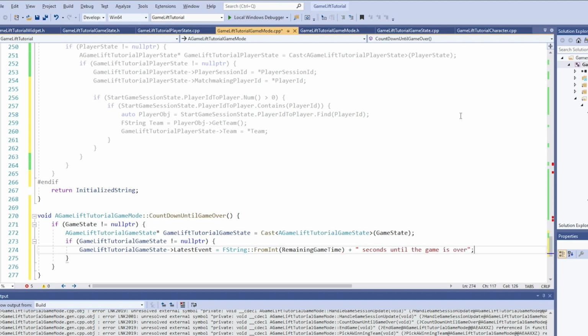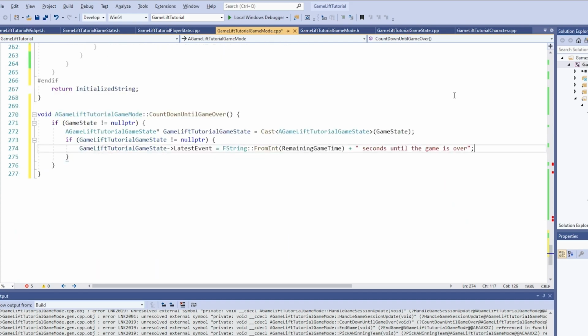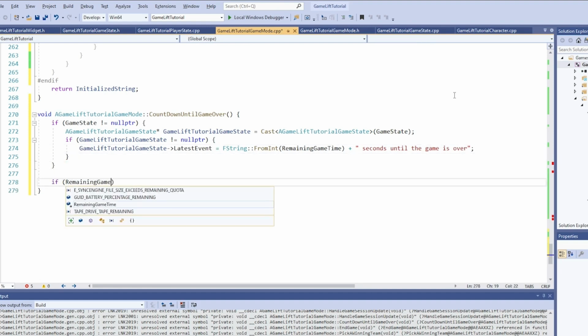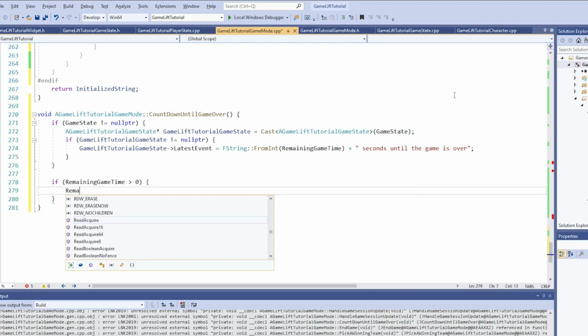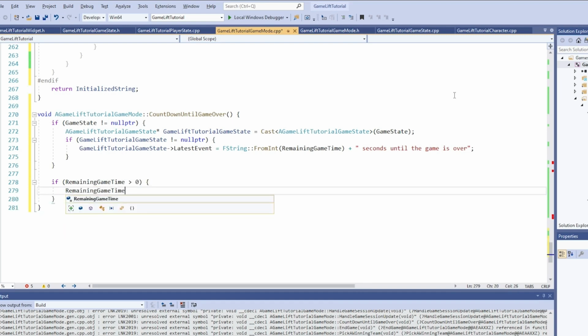Now, when this function eventually gets set on a timer interval, it will be called every second, and since the remaining game time property will represent the amount of seconds left until the game is over, let's decrement the remaining game time property by 1 if it is greater than 0. So type out if, in parentheses, remaining game time greater than 0, and then squiggly brackets, remaining game time minus